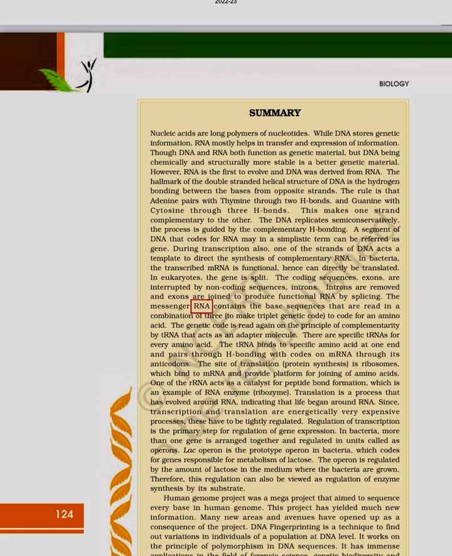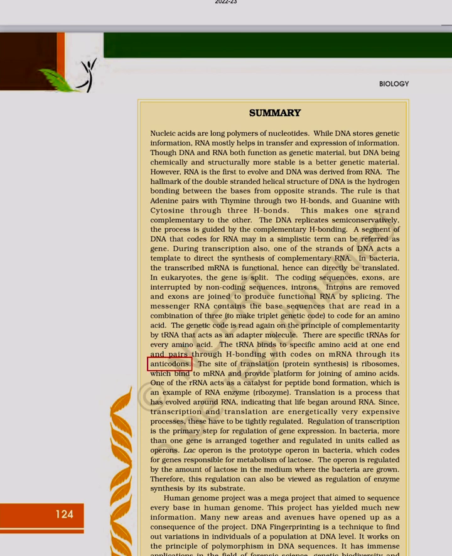The messenger RNA contains the base sequences that are read in a combination of 3 to make a triplet genetic code to code for an amino acid. The genetic code is read again on the principle of complementarity by tRNA that acts as an adapter molecule. There are specific tRNAs for every amino acid. The tRNA binds to a specific amino acid at one end and pairs through H bonding with codons on mRNA through